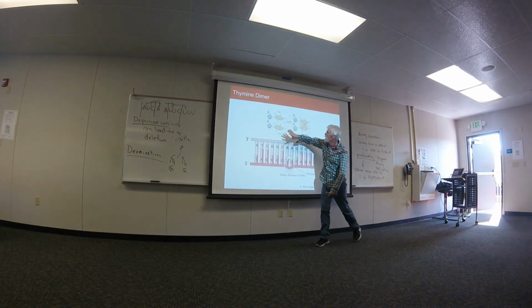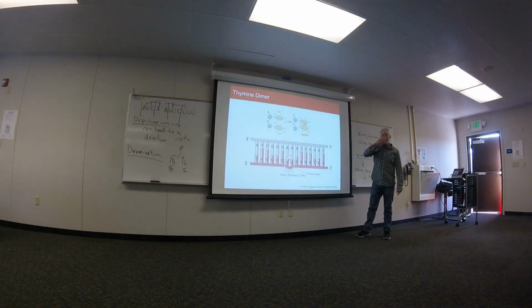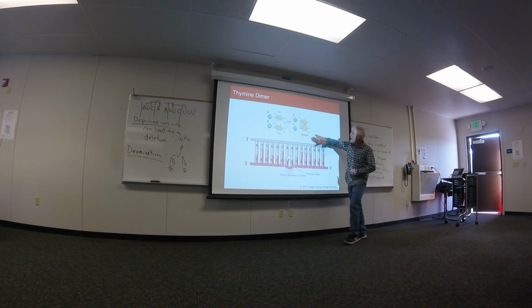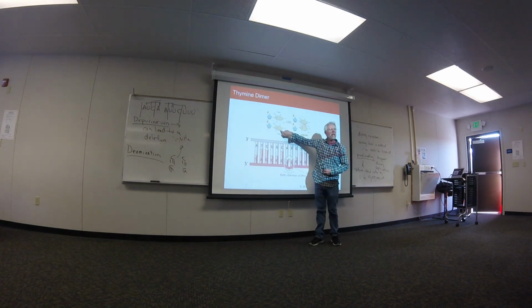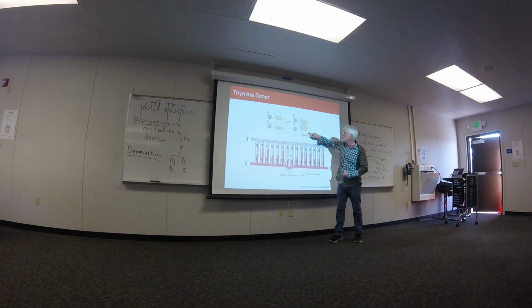So, if you're exposed to too much sunlight, ultraviolet radiation, I diverge, sorry, it can cause 2 neighboring thymines to bond together, producing a thymine